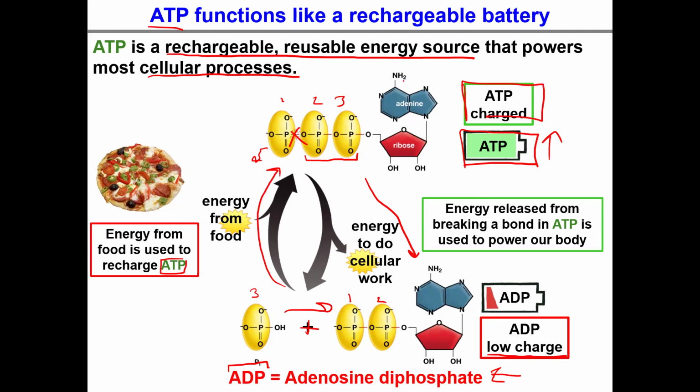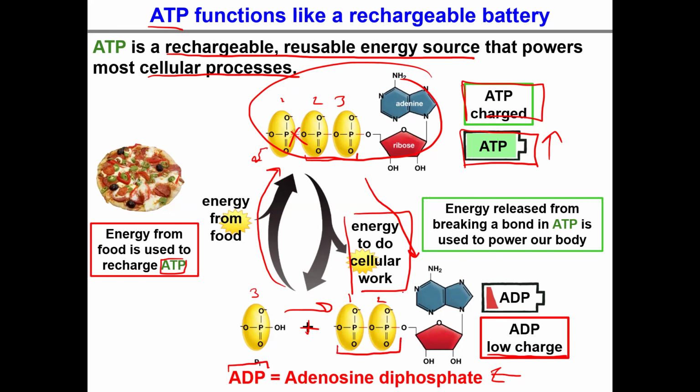So again, what's happening, just to kind of summarize everything, is we have our ATP here, adenosine triphosphate. We're going to lose one of the phosphate groups or release it whenever we're using it to do cellular work. When we do cellular work, we're going to end up with ADP. ADP is going to be very low in energy, and the reason why is because we have adenosine diphosphate, two